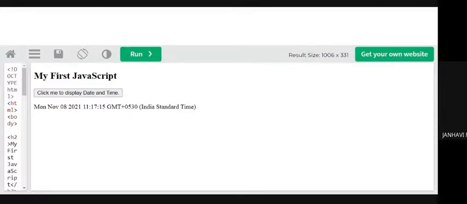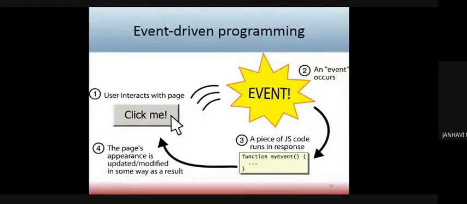That's why we say JavaScript is event-driven programming. With a click of the button, an event occurs, a JavaScript code runs in the background, and on the same web page you see a modified version, a different behavior. That is why we say it is event-driven programming.